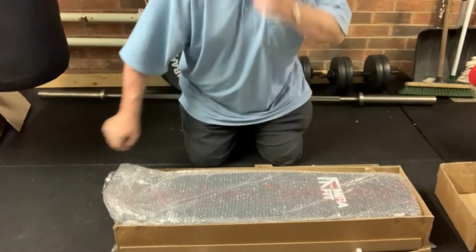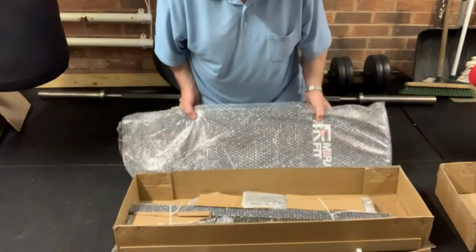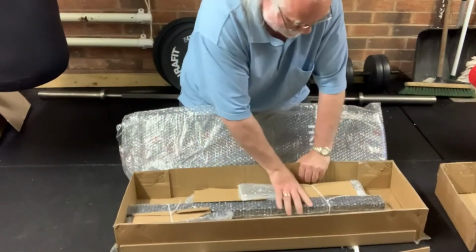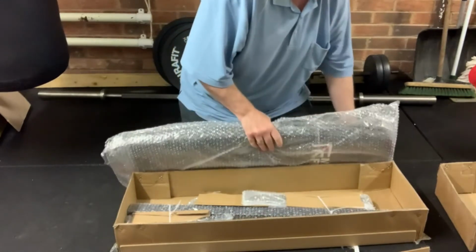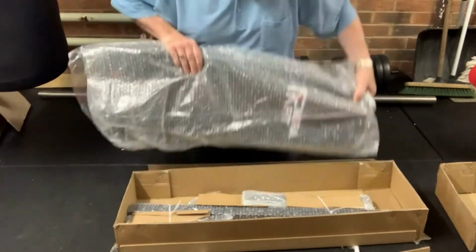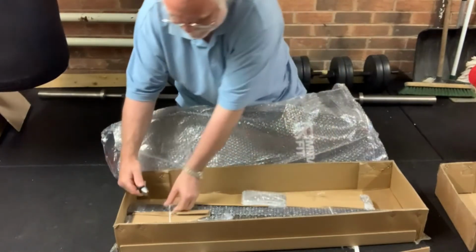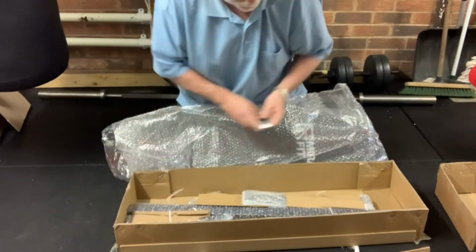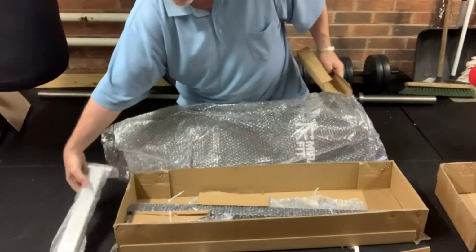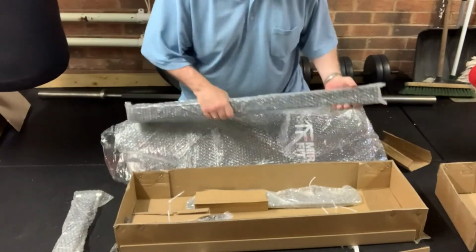Cool. So, as you can see, that's the seat pad, which looks nice. And then we've got a bundle of very heavy things there, which I'm going to pull out individually as well. I'm on my knees, can't get a proper grip. So various bits and pieces. Looks like a foot, and a couple of bars,